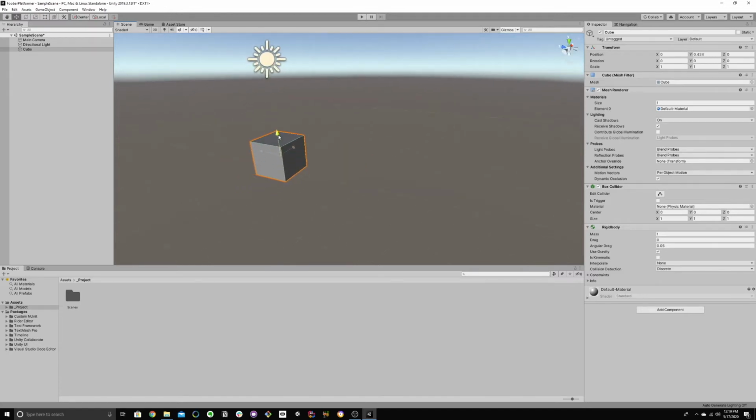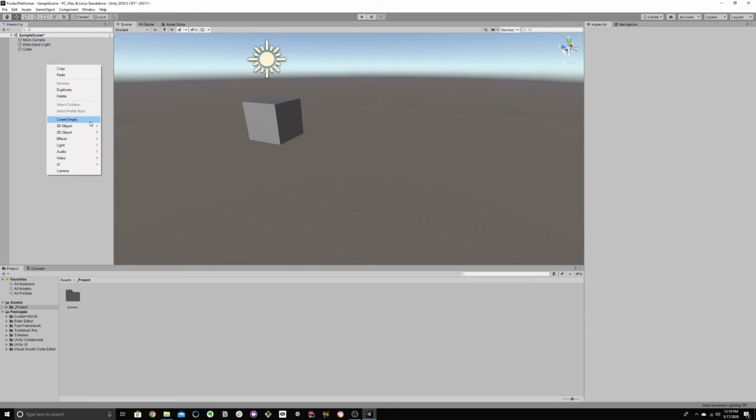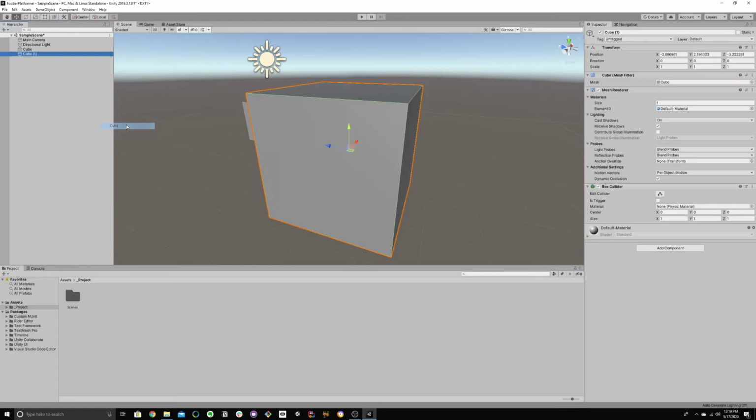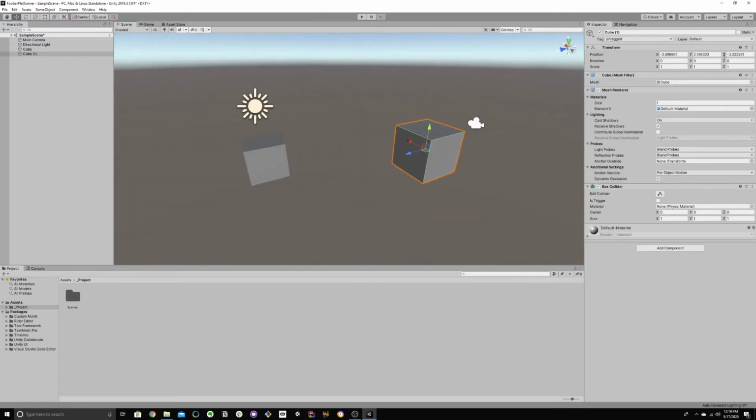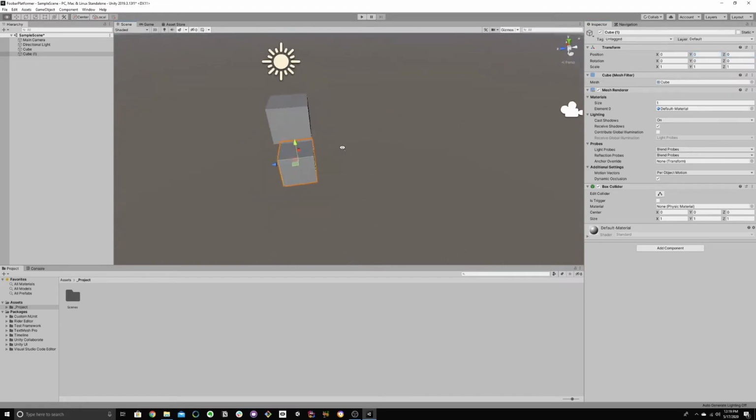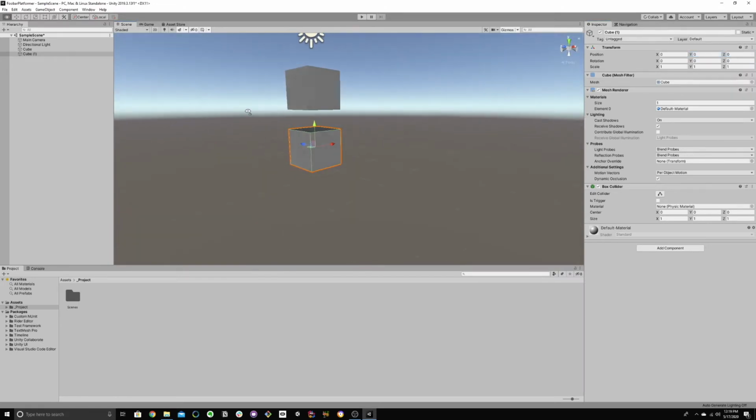So let's move the cube up just a little bit, and we're going to add another 3D game object. Let's add a cube. We're going to reset the transform because it put it in a weird spot. And what we're going to do here is we're going to create a ground. So I'm going to move this by just a little bit. I'm going to hold in command or control depending on what platform you're on, and I'm going to move it